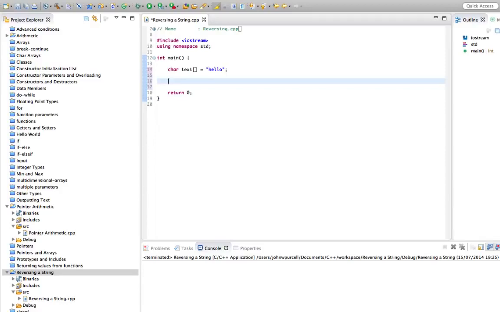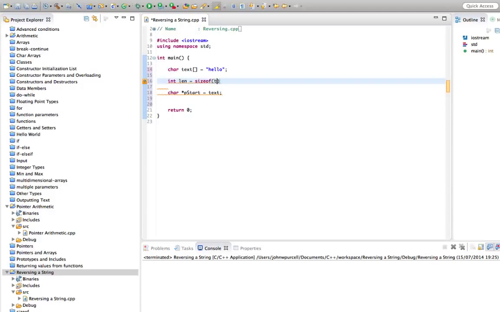So firstly, I'm going to declare a pointer to the start of the array. Let's say char pointer p start equals text, although we actually are going to move this pointer. So that now points to the start of the array, to the letter H. Let's also declare a pointer to the end. And to get this, I need to know how long the array is. So let's say here int length, in other words the length of the array, equals